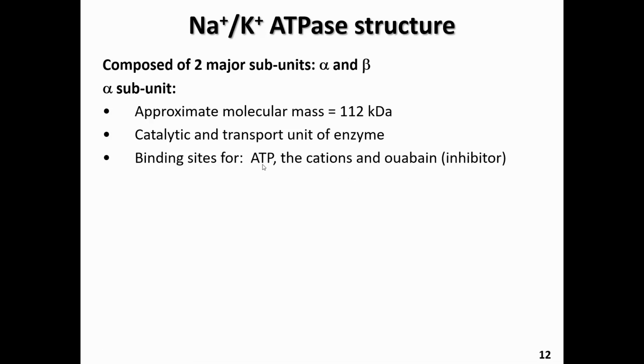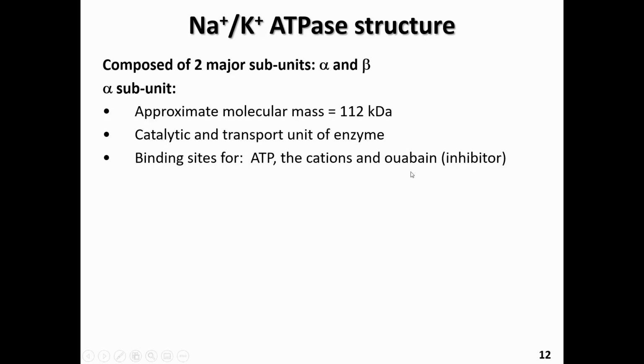ATP will bind to a small region of amino acids that will generate the chemical reaction to harness the stored chemical energy that will be transformed into heat and transformed into mechanical energy that is necessary to move the ions uphill. It also has the binding sites for said cations,